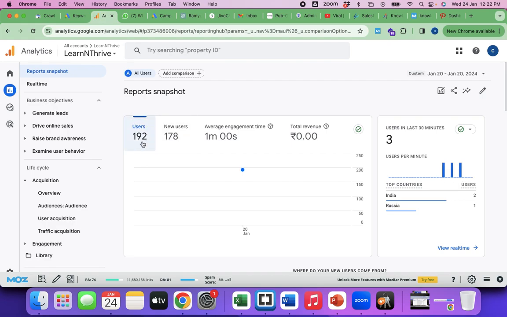This indicates 14 people are revisiting the website, 192 minus 178. Of the total 192 people, 178 are new and 14 are returning visitors. They must have visited the website in the past and have come to the website again.